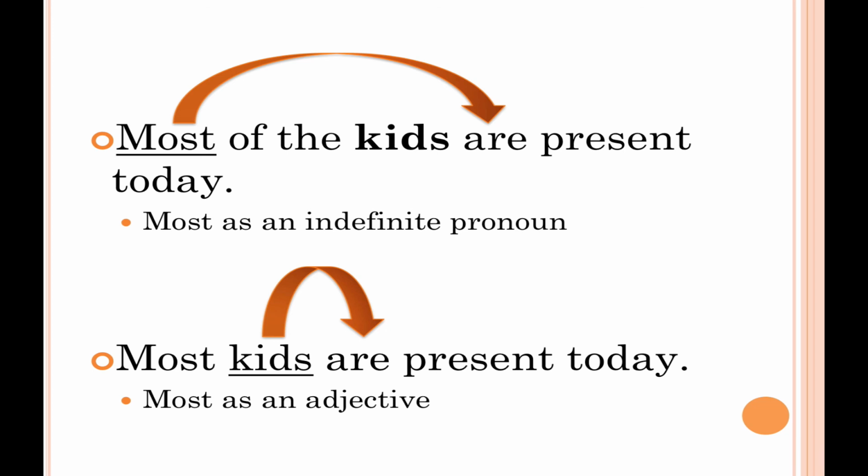But there are times where the indefinite pronoun of one sentence, if it is slightly changed and then used as an adjective, that could change the agreement. So definitely make sure and look at the simple subject of the sentences, figure out what you're looking at. What is the simple subject? Is it an indefinite pronoun, as in the first one, which is most, or is it some other word, such as kids in the second sentence, and then most is just being used as an adjective? And so be very careful about what you're looking at grammatically, and then create your agreement patterns from there.